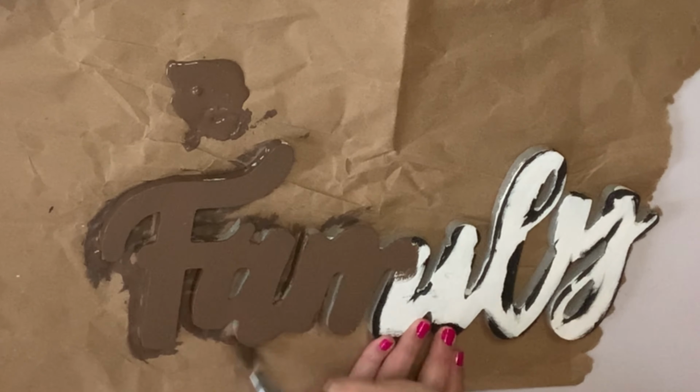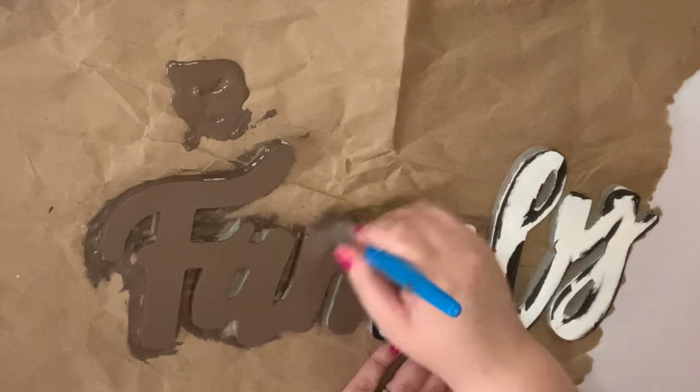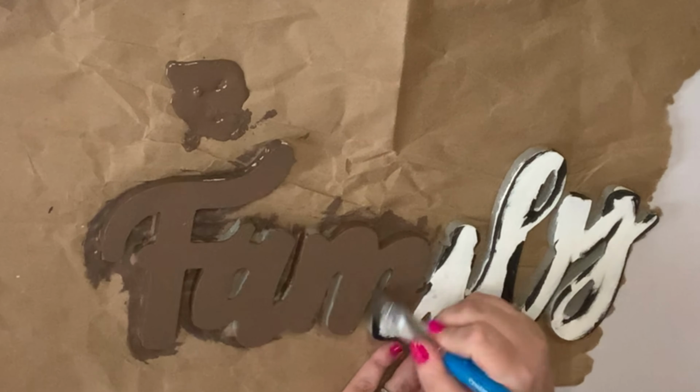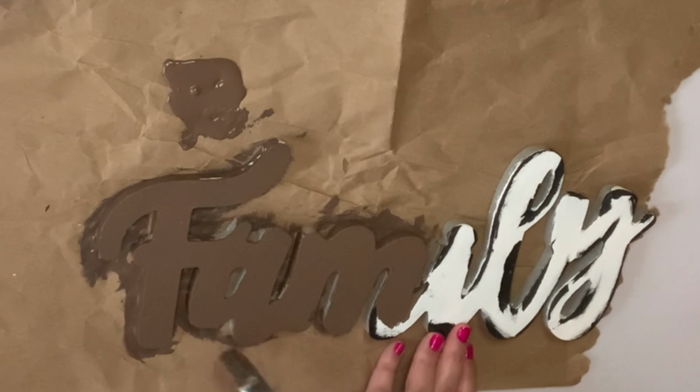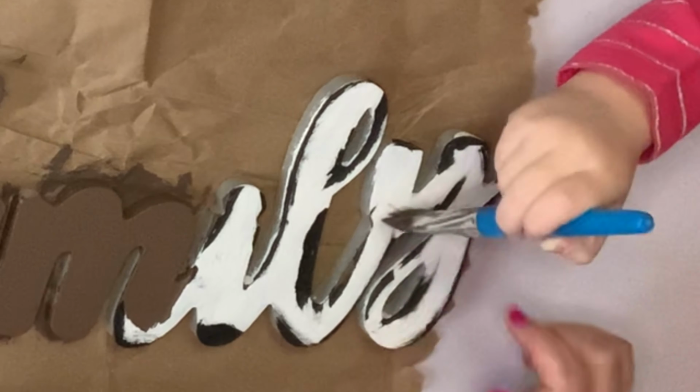It did take a hot minute to paint this because of all the nooks and the crannies of the letters, but I did just go ahead and cover it with some truffle chalk paint. It did only take one coat, but it took a little while to get the coat on there because I